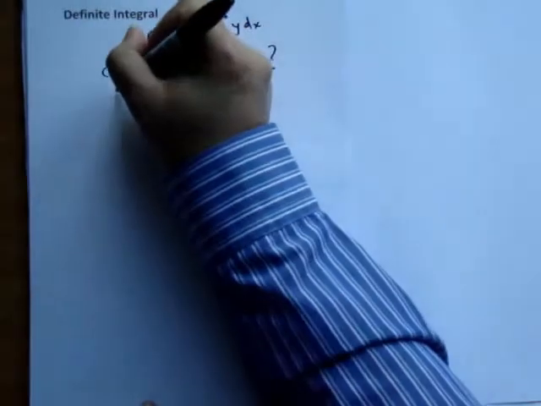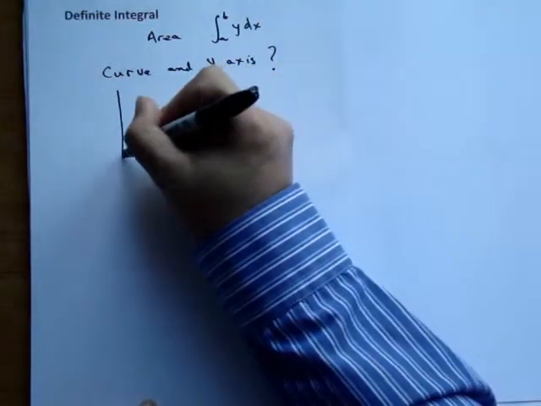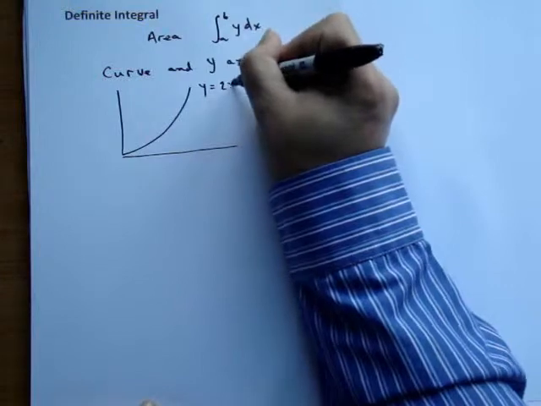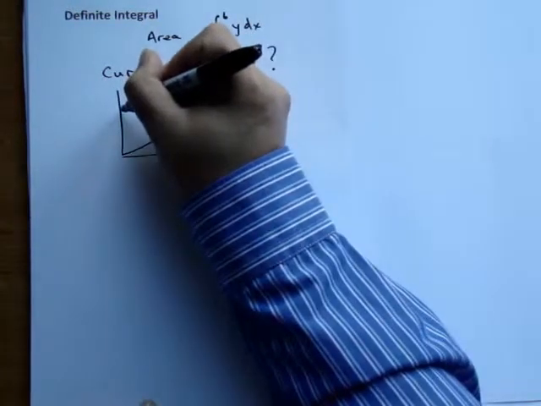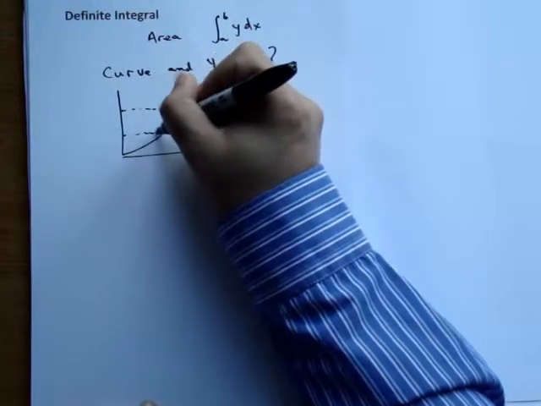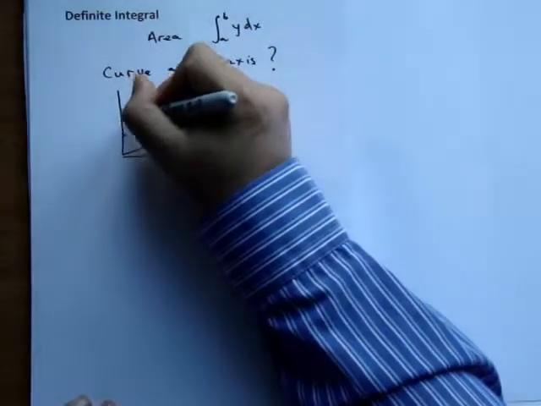So let's draw a little diagram. So this is the curve y equals 2x squared, and we're interested in this. It's supposed to be straight lines. This area here,